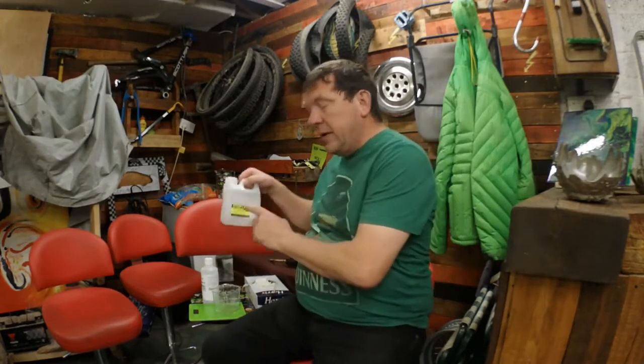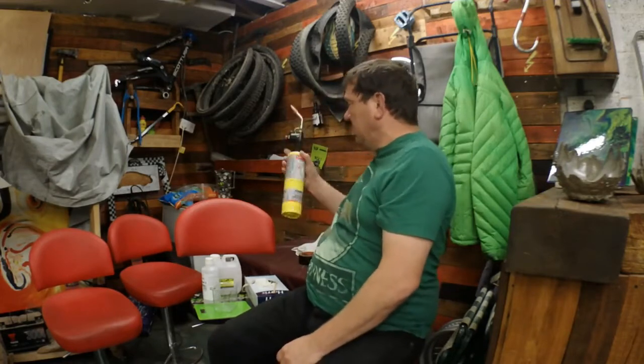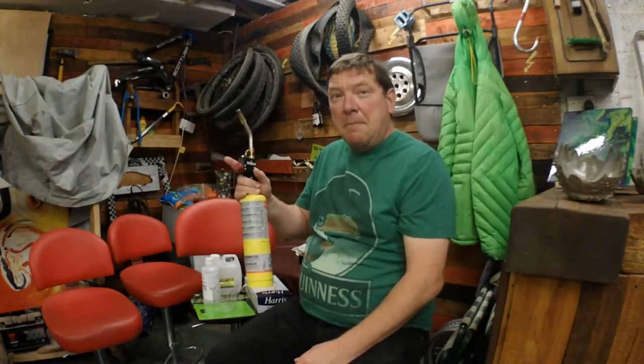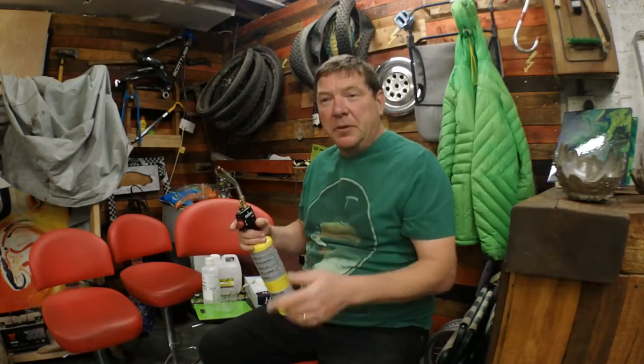Cleanliness, correct recipe, careful measuring and weighing, proper mixing. The air bubble one, and hot glue, don't bother gluing your bottle tops down, it's a waste of time, and the glue will show through afterwards. The air bubbles, yes you do need to blast it with the blowtorch, quite easy to do. Not difficult to use, but if you do it too much, the air bubbles under the bottle caps expand as well. I genuinely don't know how you get around that, so I'm sure someone will put a comment down below